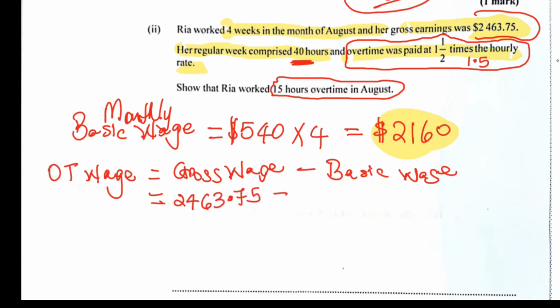And then you want to take out of that $2,160. So you're talking about the gross minus the basic to see what extra is hanging. That extra is overtime. So let us take out that. When we take out that, this is what we have. We have overtime wage of